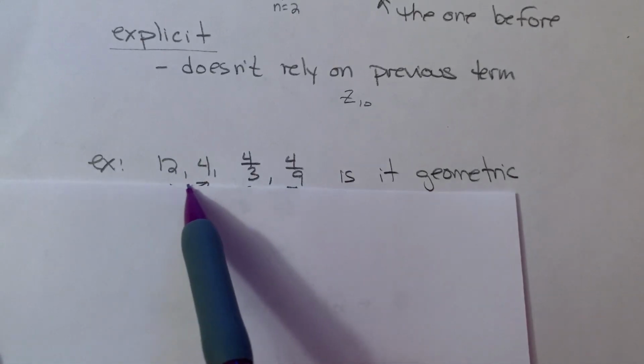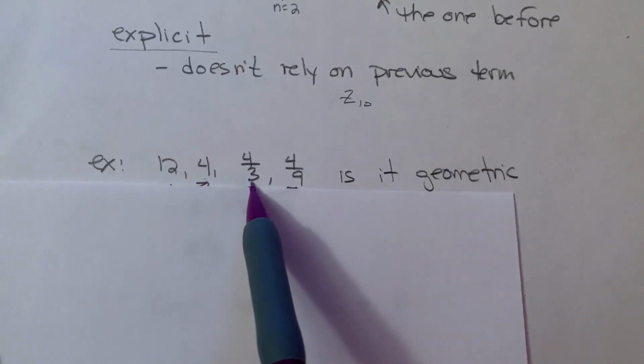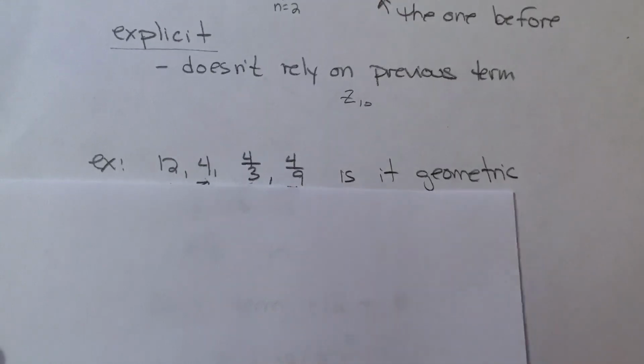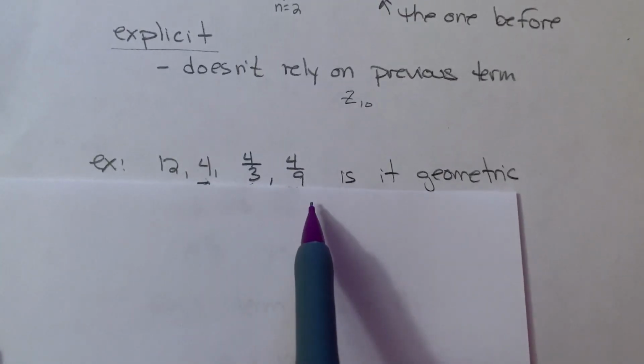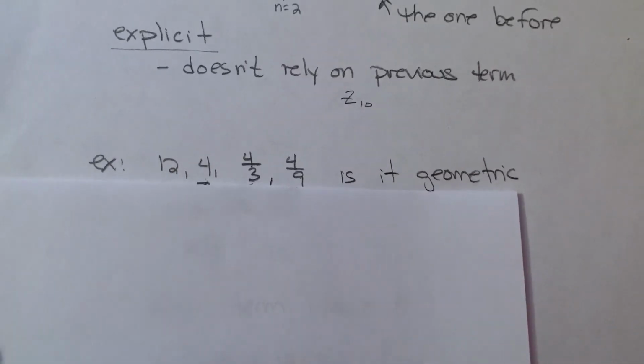You might notice right away that to go from 12 to 4, I'm dividing by 3. Then if I divide 4 by 3, I get 4 over 3. If I divide 4/3 by 3, I get 4 over 9. So you might notice this is dividing by 3 every time, or dividing by 3 is the same as multiplying by